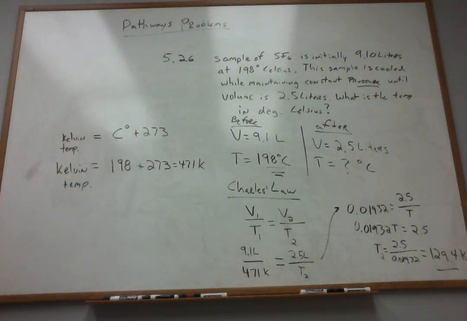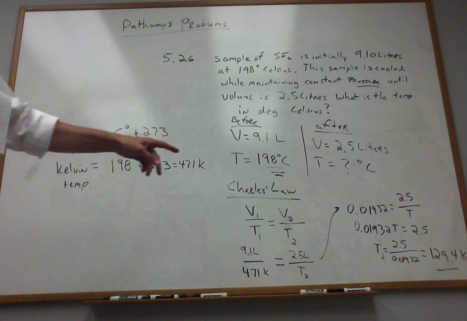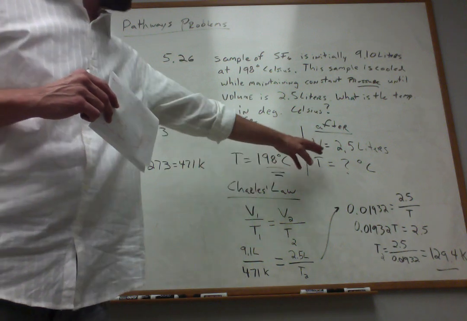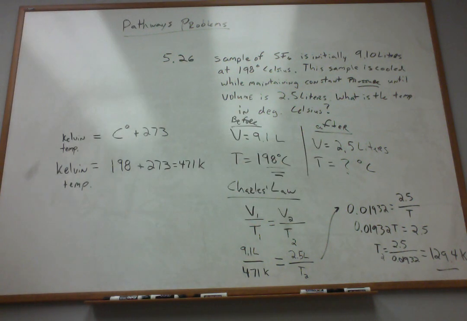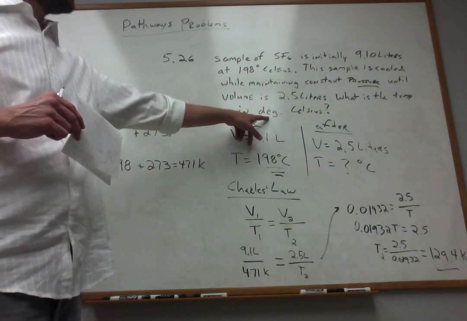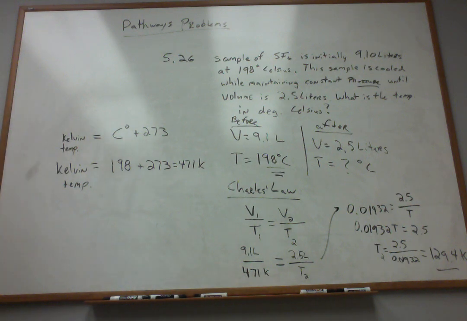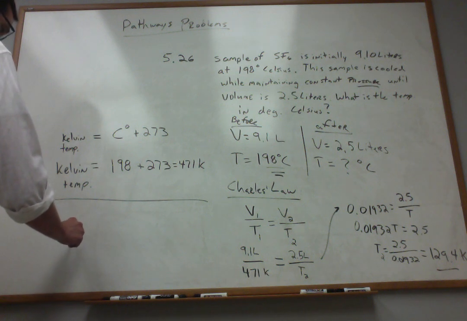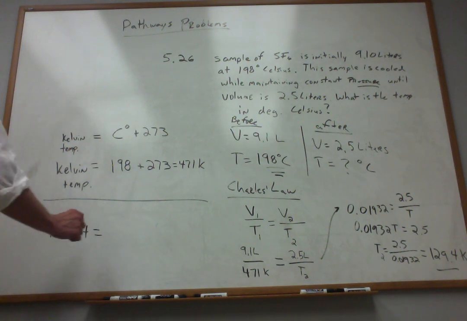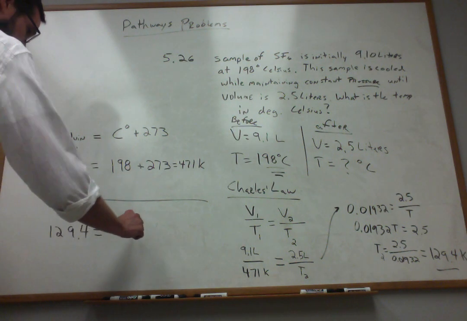That is the temperature I need to cool this gas sample to, to make the volume constrict from 9.1 at 198 all the way down to 2.5. So I've got to cool it a lot, as it turns out. Now, we have a temperature. It's a Kelvin temperature, it's completely valid. But they want us to answer this in degrees Celsius. So we're not quite done, because we need to convert back to degrees Celsius from Kelvin. So we have 129.4 Kelvin is equal to my Celsius temperature plus